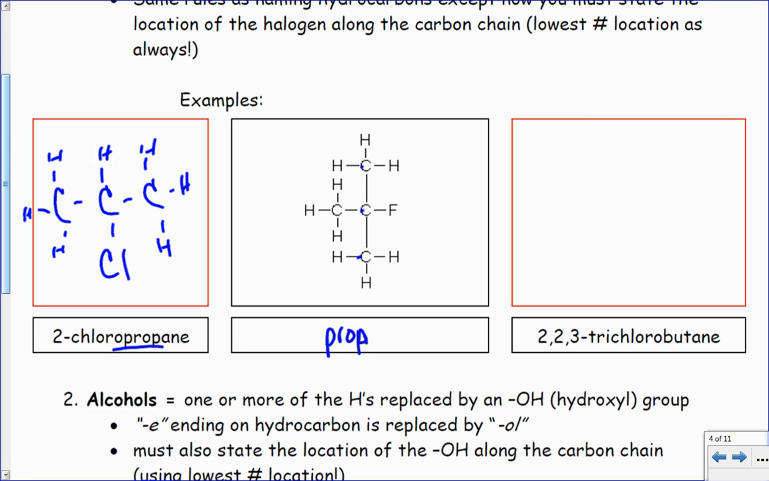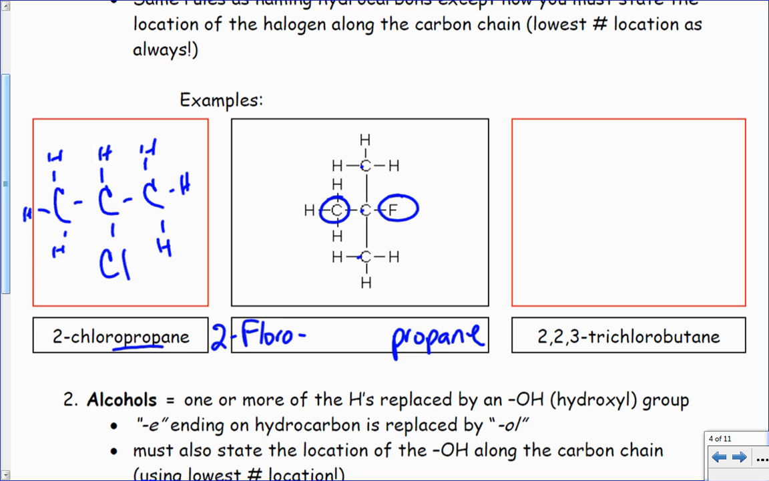And it's an ane. And you know what? I'm going to erase that and write it over a little farther, give me some room for the prefixes. Sorry about that. And write propane over here, because then I have this methyl on the second carbon, and I have a fluoro on the second carbon. So I'm going to call it